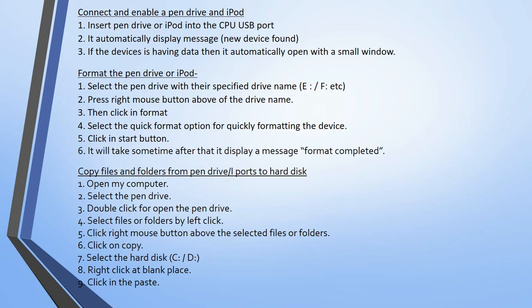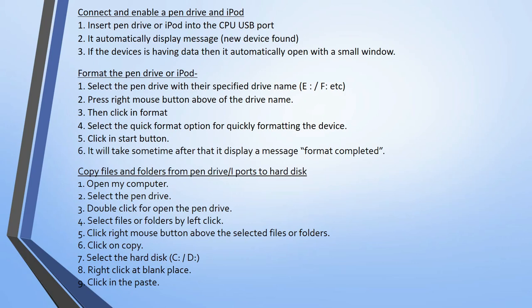Now from the list of files, whatever files you need, you select those files, then press the right mouse button, select copy, then click on the hard disk, that may be C drive or D drive, then right click on that place, then click the paste option. In such a manner you can copy the data from pen drive to hard disk.